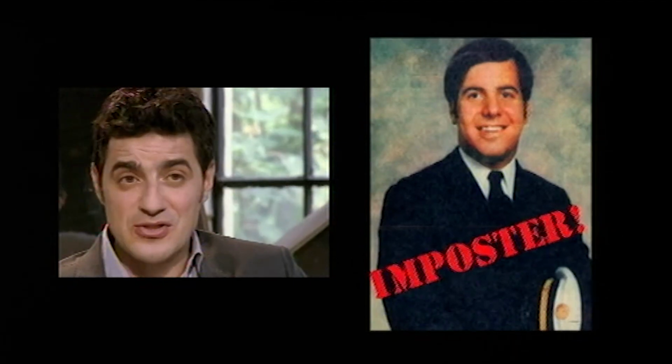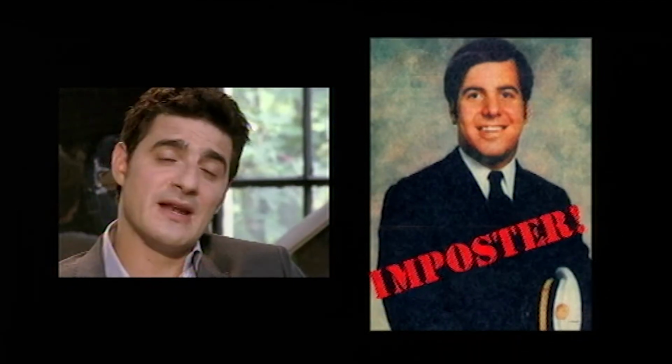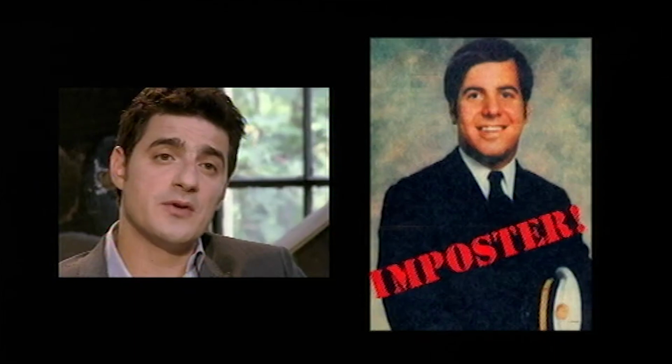Everybody's got heroes in their lives. For some people it's sportsmen, for other people it's artists. And for us three, I can safely say it's the most successful con man of modern times, Frank Abagnale. In fact, he was so successful that Steven Spielberg made a film of his life called Catch Me If You Can with Leonardo DiCaprio. In my case, I was just in the airport in Boston, Logan International Airport at the